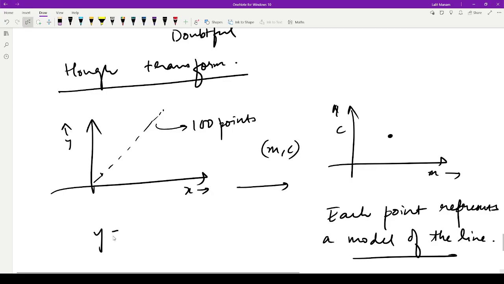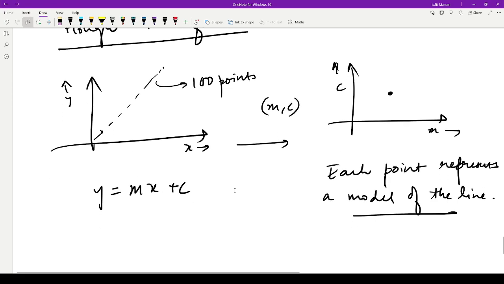If you write y equals mx plus c, here in this space I'm choosing the variables x and y, but in the other space, if I write c equals minus x times m plus y, the variables chosen here are c and m. It's quite clear because the variables are linear, so you can easily swap from here to there. So here a point represents a line, and